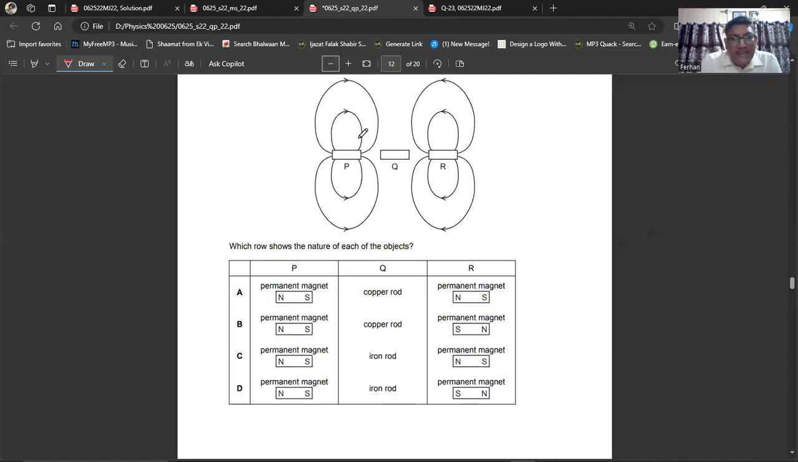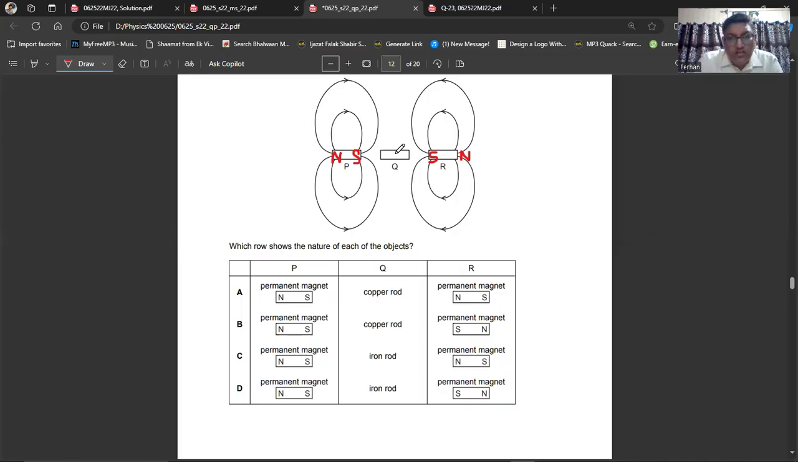Because the magnetic lines are entering here, this will be the south and this will be the north. From here, the magnetic lines are going out, so this is north. This is the south. So here they have not shown any kind of